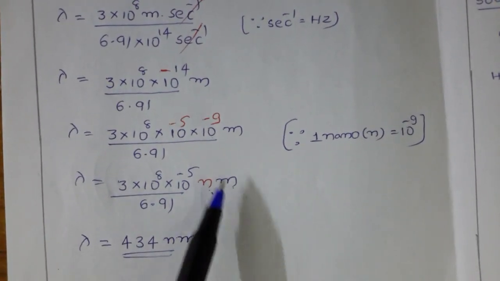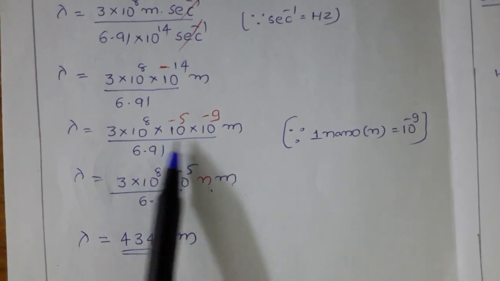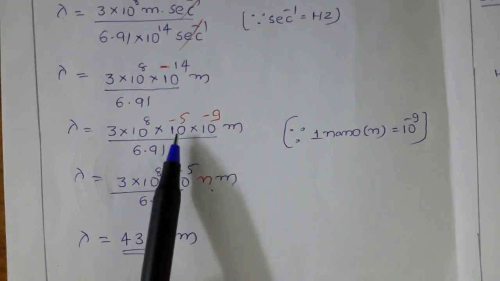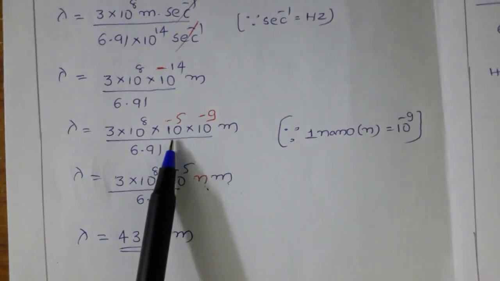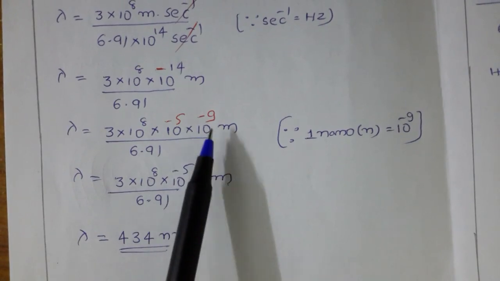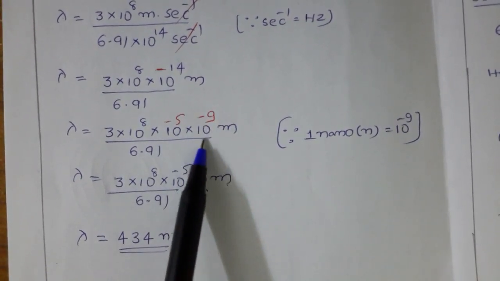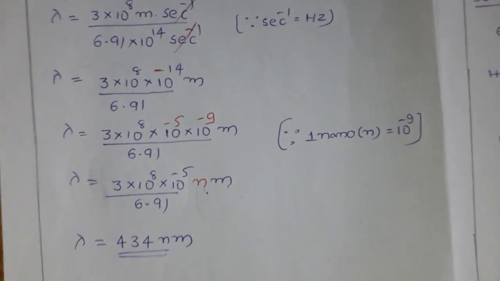Is it clear? From meters we converted into nanometers. If bases are the same, exponents you can add. So if you write the power of minus 14 also, you can write it as 10 to the power of minus 5 into 10 to the power of minus 9. There is no change in the value. This 10 to the power of minus 9, I simply wrote as n, which indicates nanometer. This is our problem number 1.10.